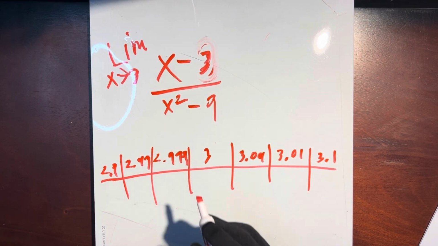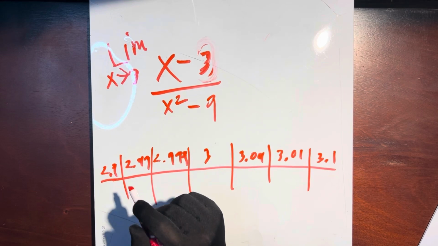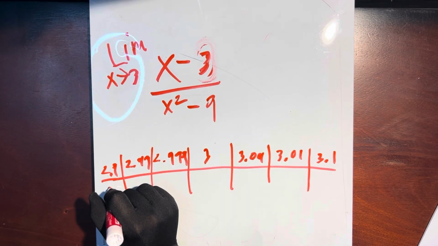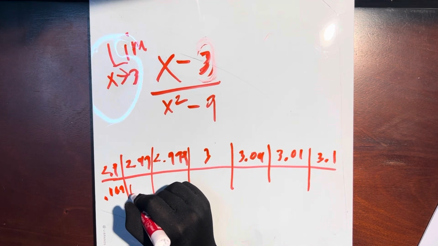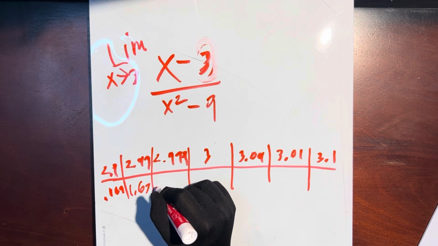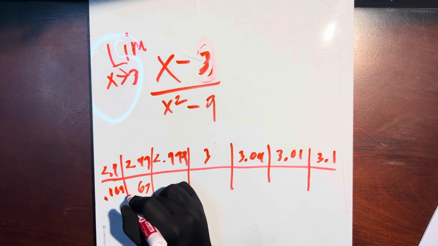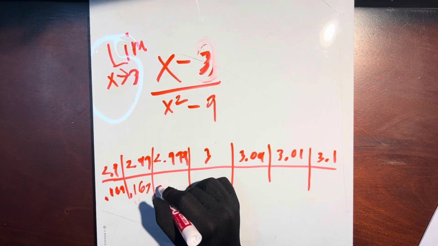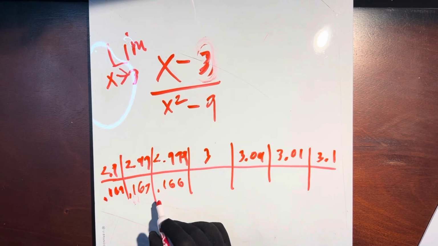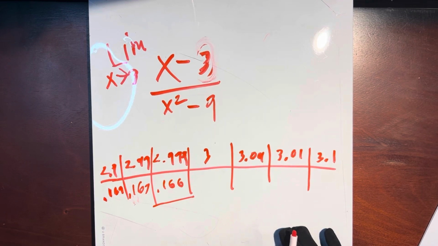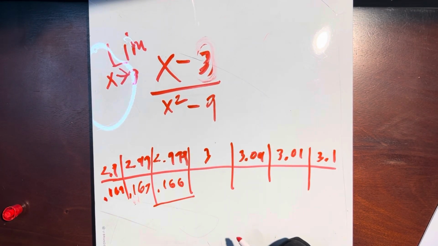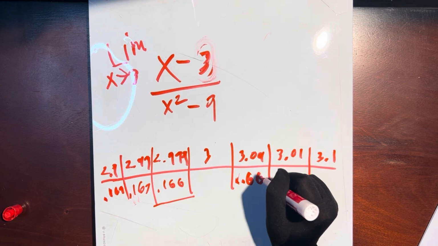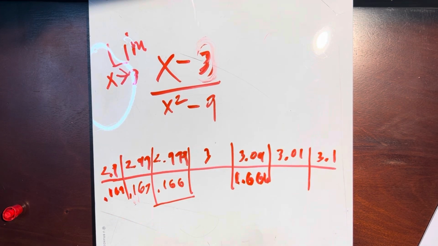So you would first write the equation and then put 2.9 in for x. What you would get is 0.169. The next two will be 0.167, and then the final one will be 0.166. This is what really matters. If you want to skip the rest of them, you can, but I don't recommend it. So 3.001, plug it in, get 0.1666. And at this point, you can see